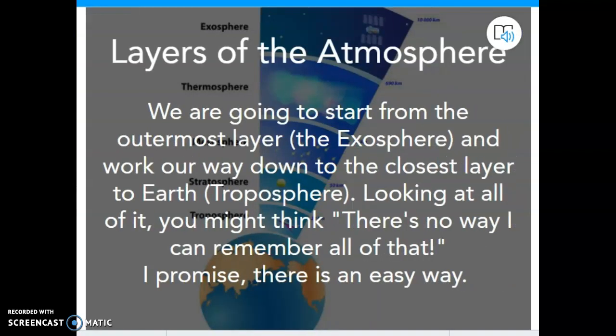And I think the biggest question is, Mr. Bowens, how in the world do you expect me not only to remember what each layer does, but remember the exact order of each layer? It's been a few years ago, but I remember sitting in planning with Mrs. Wall and Miss Saunders, thinking, how in the world can we help these kids? They always struggle with layers of the atmosphere, and that is when Miss Saunders came up with something very cool.